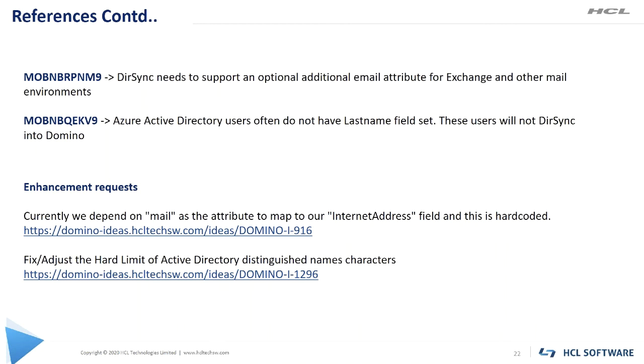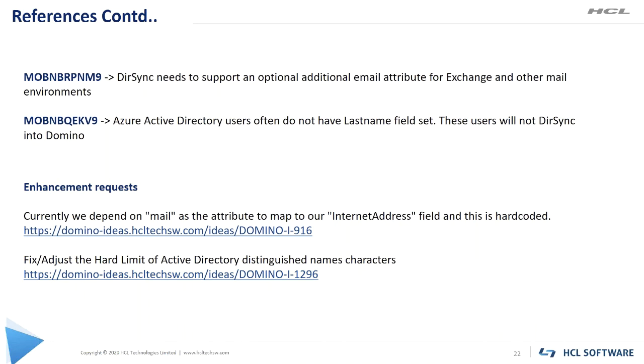The second SPR points to users who don't have a last name in Active Directory. Those types of users will not sync to Domino because last name is mandatory for Domino. For both SPRs, the development team is working and trying to fix them in an upcoming release.